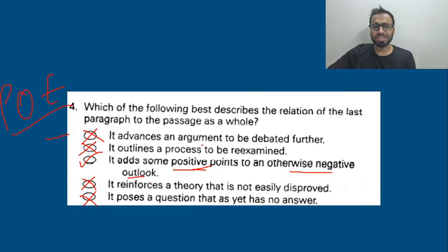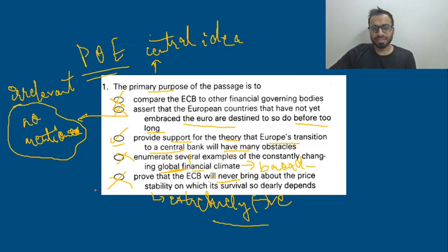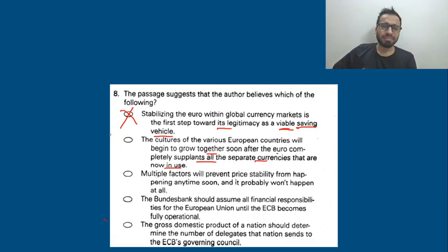That is what was mentioned in the second passage, right? There are too many cultural and financial variables, and then this contained examples. There was a coffee example, a jeans example, so many examples, right? These are examples of cultures being different, but there is no mention of them growing together. See,